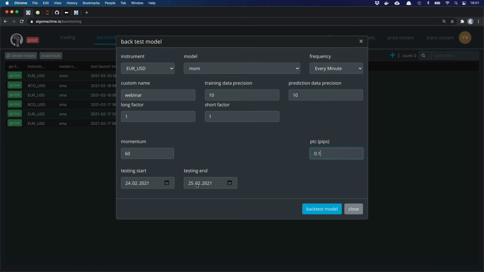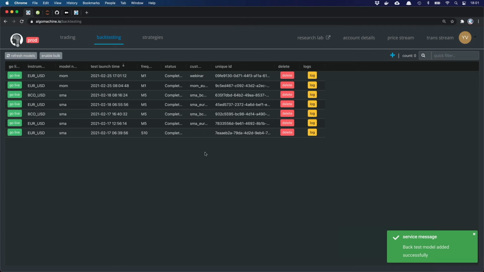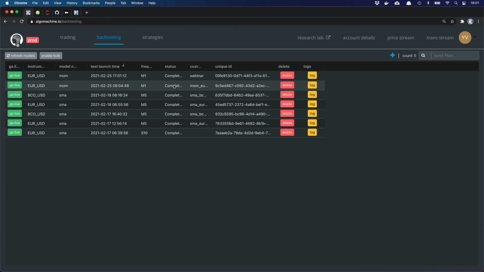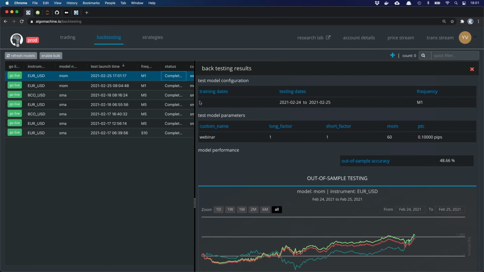And this is the testing, right? This is the period that we had, 24th, 25th. And I can get started with the backtesting. Since I have done such a backtest already, the backtest shouldn't take too long. Usually what takes long with the backtesting is the retrieval of the data. Let's say you have 1 minute bars for 1 year. This takes a bit, but here you see it finished pretty quickly because it has retrieved the data and has stored the data. It has cached the data.